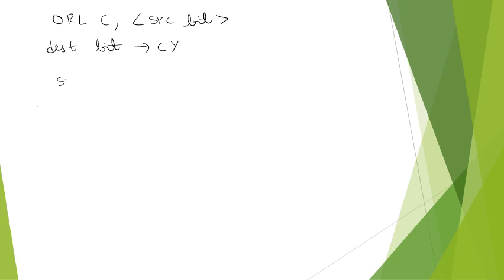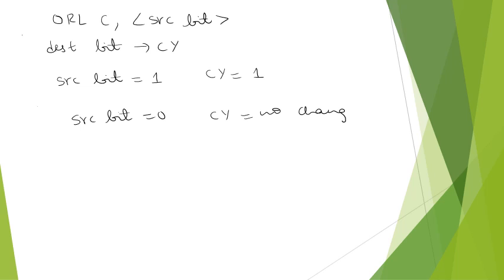So if the source bit is 1, then the carry flag is set, and if the source bit is 0, then the carry flag remains unchanged. So let us see the truth table of OR gate.